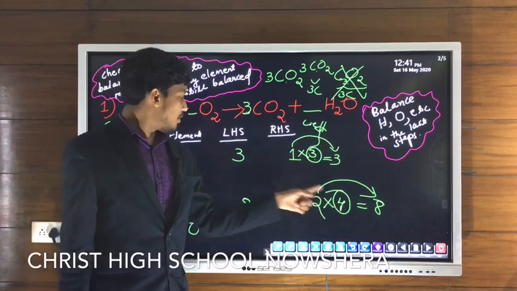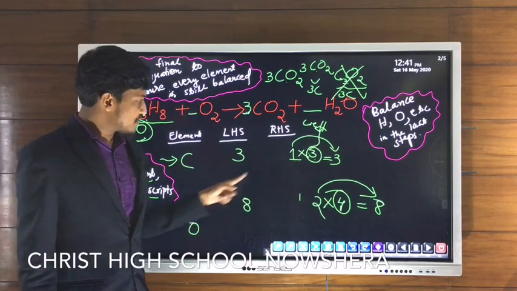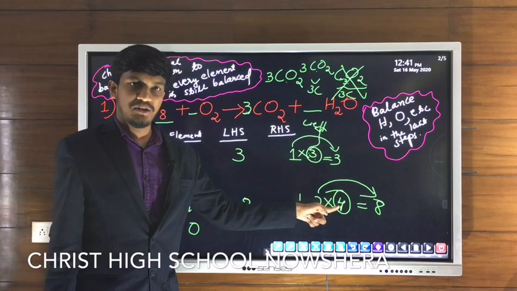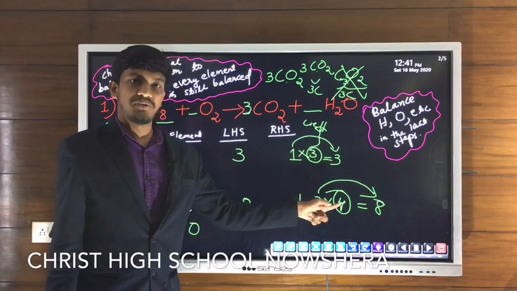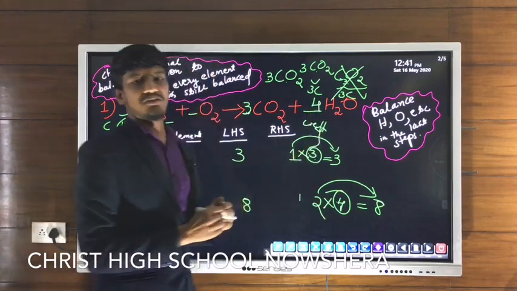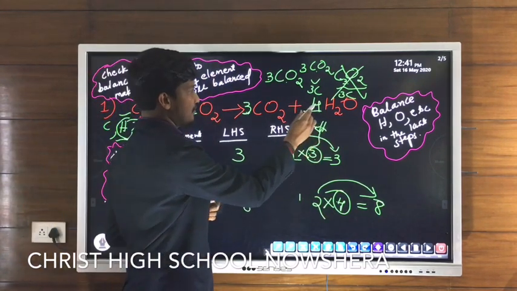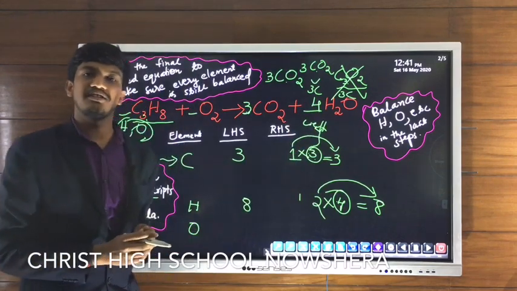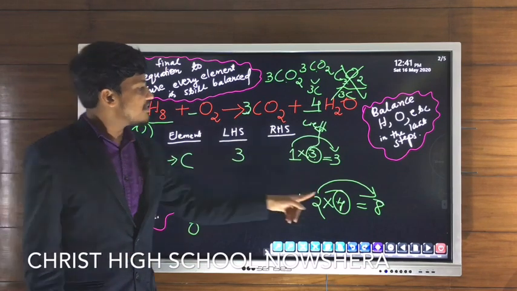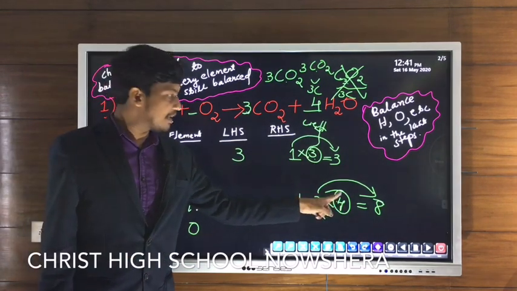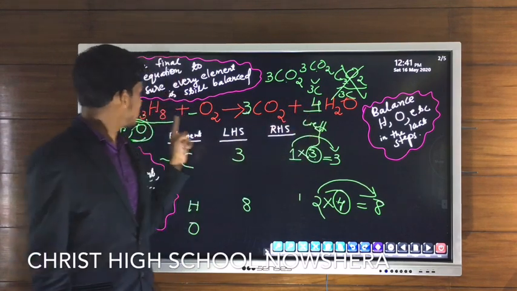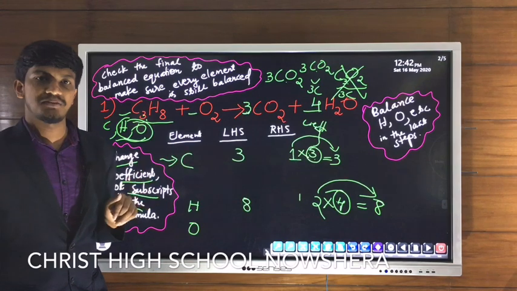That means for equalizing the number of hydrogen atoms on the right side, on the RHS, we have to multiply by 4. Multiply by 4 means we have to write the coefficient 4. So where do we write 4? Here, coefficient 4. Then see, this 4 into 2, 8 hydrogen atoms. And the left side, H8, already 8. So like this, find out which number we have to multiply. That number will be the coefficient. Now 4 into 2, 8, H8, equal number of hydrogen atoms.